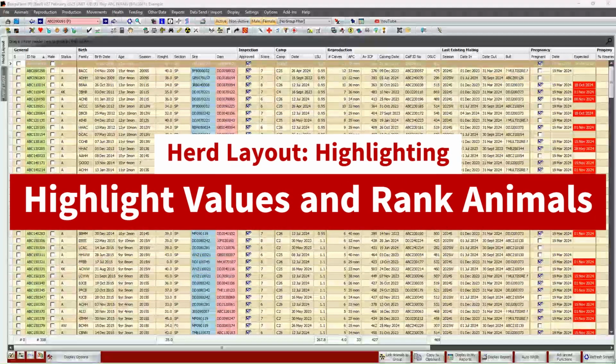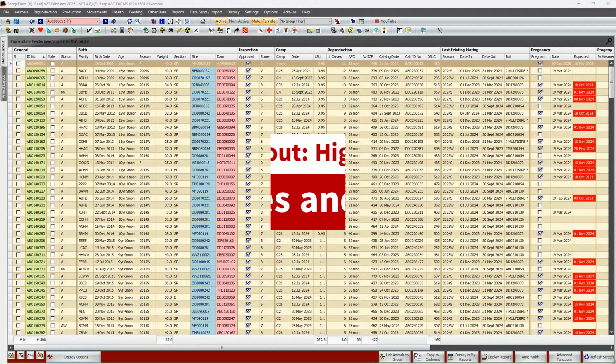Today we're going to talk about an advanced function, but one that we see as essential for you as a Bingo Farm user to make use of all the data that's in Bingo Farm and make you a powerhouse user of your herd layout. And what we are talking about is herd highlighting.